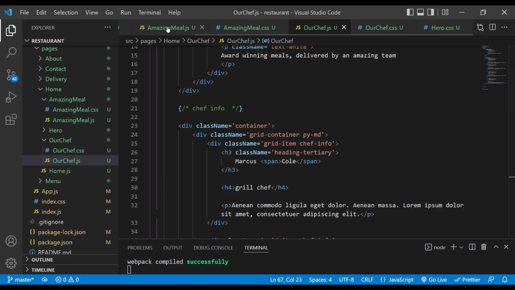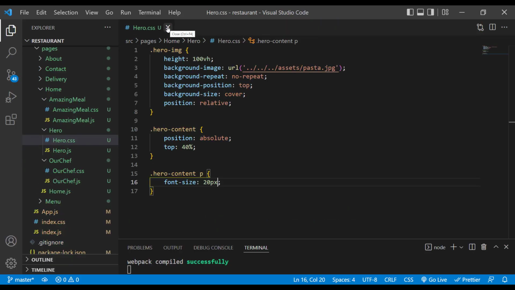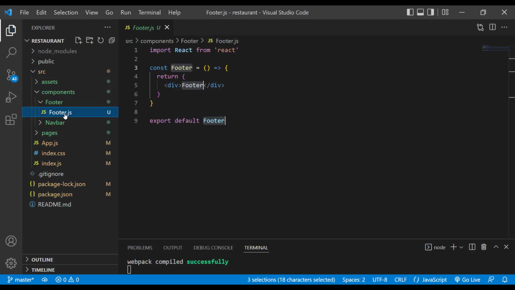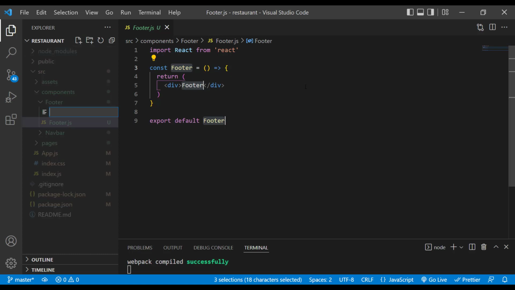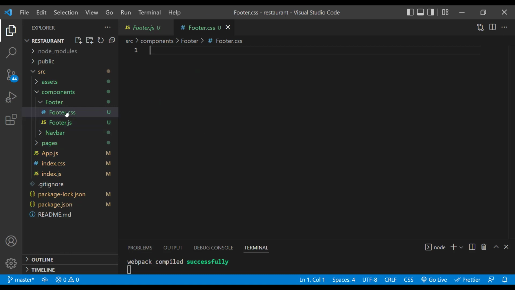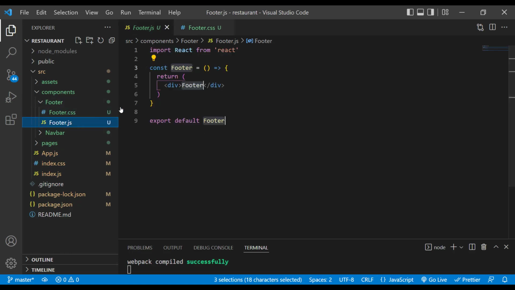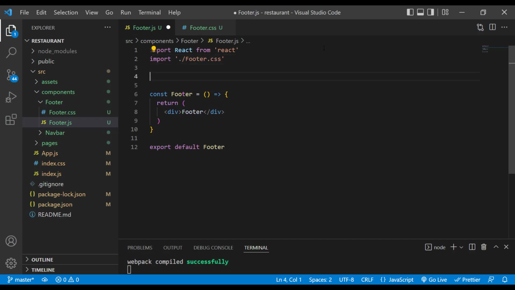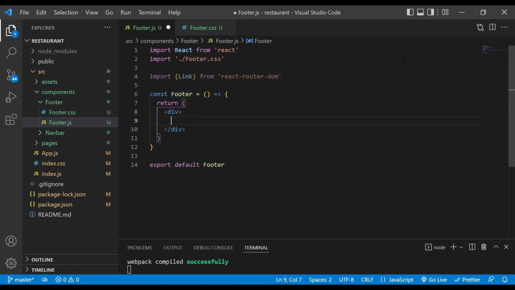Back to our code. Now we can work on our footer.js file. So let's go into our components folder and then footer folder and then footer.js file. Let's create a CSS file for the footer.js file. So let's say footer.css, and then we can import this CSS file inside our footer.js file. So import ./footer.css. Below that let's import Link from react-router-dom. We don't need this text anymore, so let's delete that and give it a class name section-space